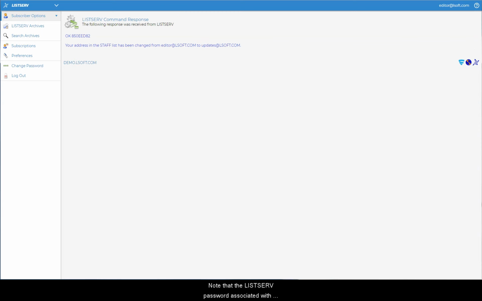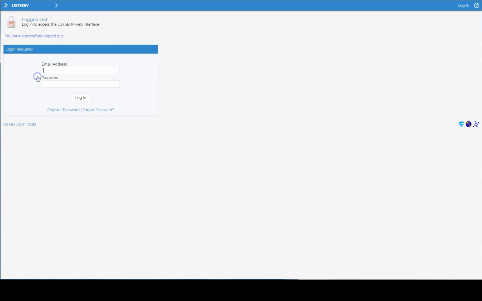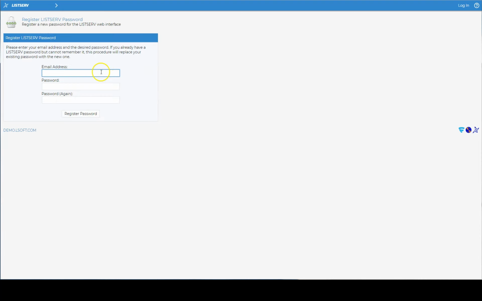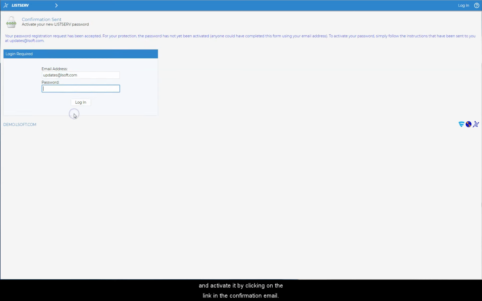Note that the LISTSERV password associated with your old email address will not automatically transfer over to the new email address. To create a password for your new email address, log out and click on Register under Subscriber Options. Then fill out the registration form to create a password for your new email address and activate it by clicking on the link in the